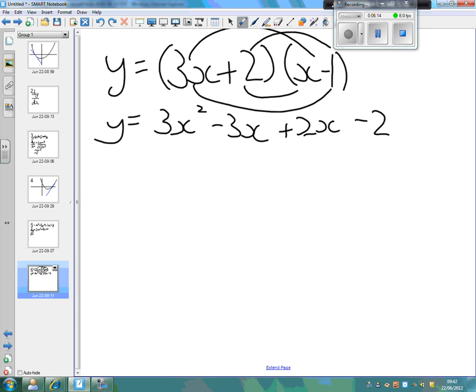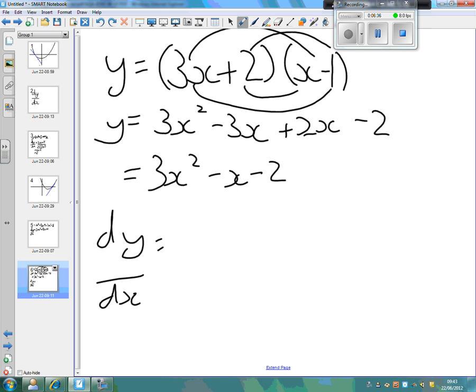So now what we have here is the same as we had before. If we simplify it down, we just get 3x squared minus x minus 2. Now we just do exactly what we did before to find dy by dx. So we do dy divided by dx